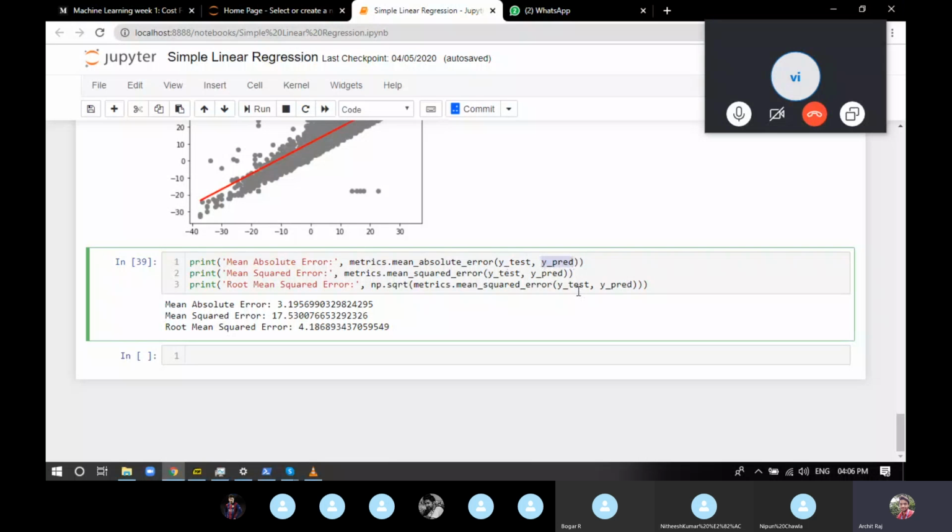Actual and the predicted, you just provide the data, and on the basis of that it will find the absolute error, squared error, and the root mean squared error. So you can see the absolute error is 3 point something, mean squared error is 17.5 or something, root mean squared error is 4. Every time you have to try to reach the answer 1. If the model is 100% accurate, you will find all the errors to be, sorry, for this you have to reduce the error to 0.